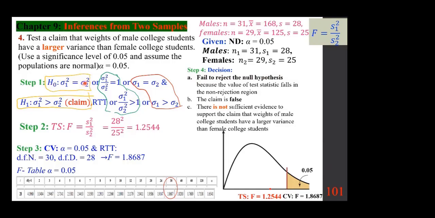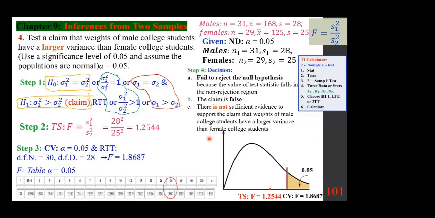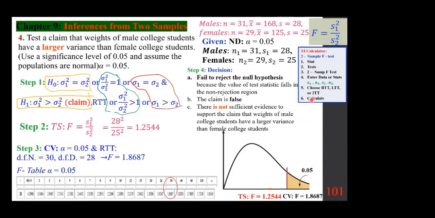So if you're not rejecting H0, that means you're rejecting H1. So you're rejecting the claim, and the claim becomes false. There's not sufficient evidence to support the claim that weights of male college students have a larger variance than female college students. If you were to use the technology, two sample F test, you continue on that thought,